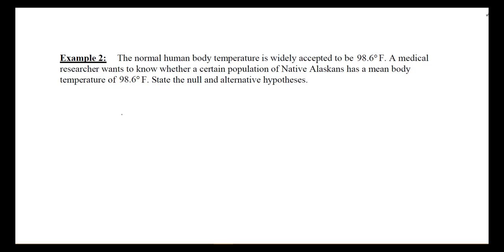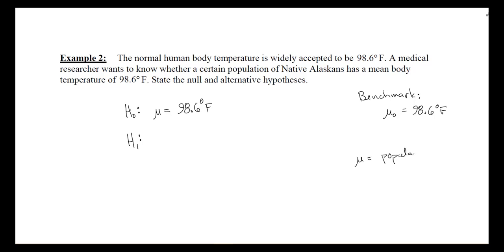Okay, so once again, I'm going to write down my labels, H0 and H1. What is my benchmark? My benchmark is mu0 of 98.6 degrees Fahrenheit, right? Okay, so my null hypothesis is always going to have an equal sign. So I do mu is equal to 98.6 degrees Fahrenheit. And in this case, my mu is going to be the population mean